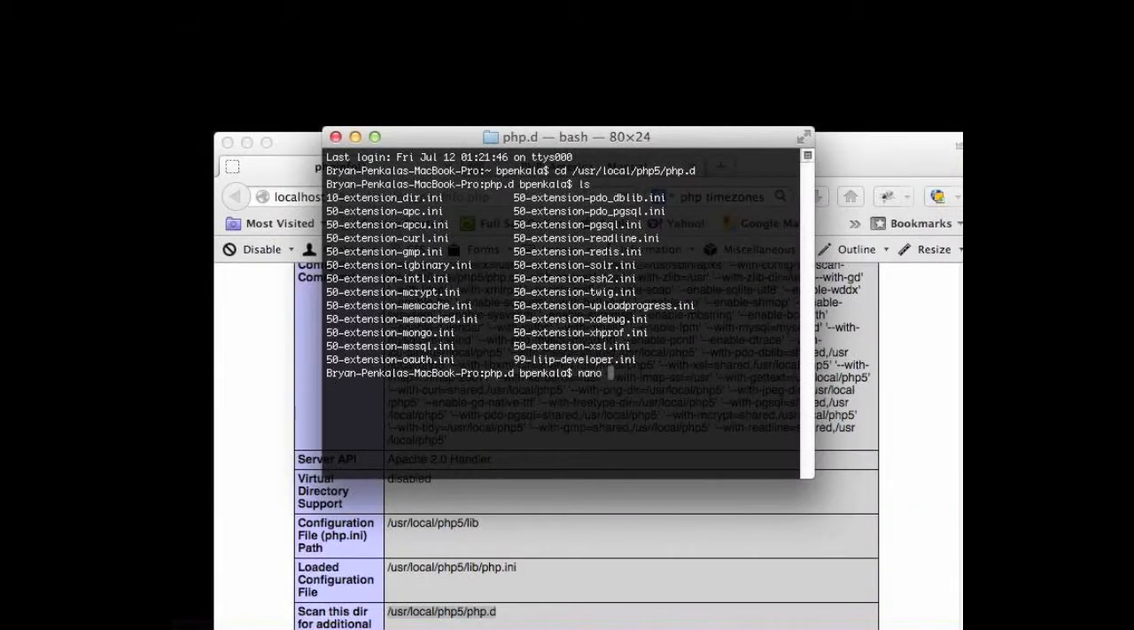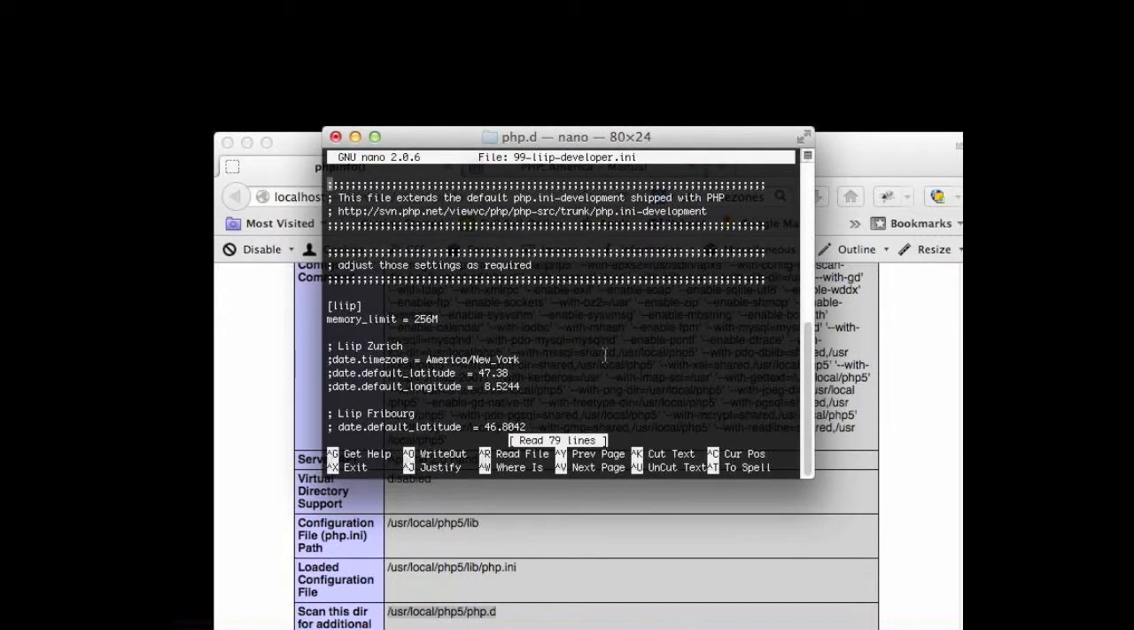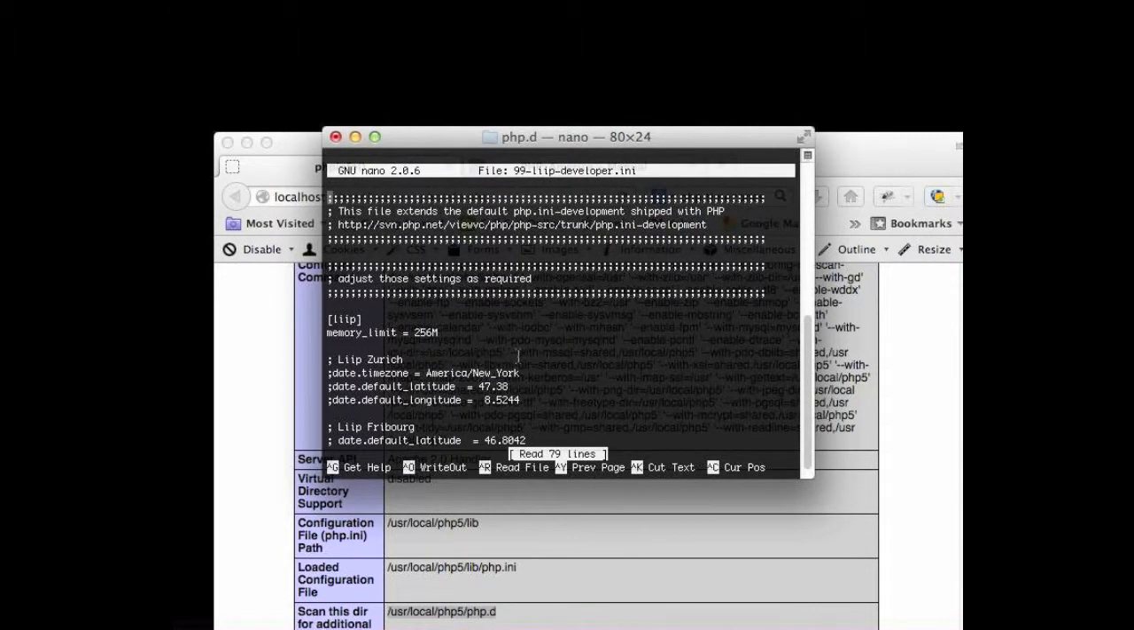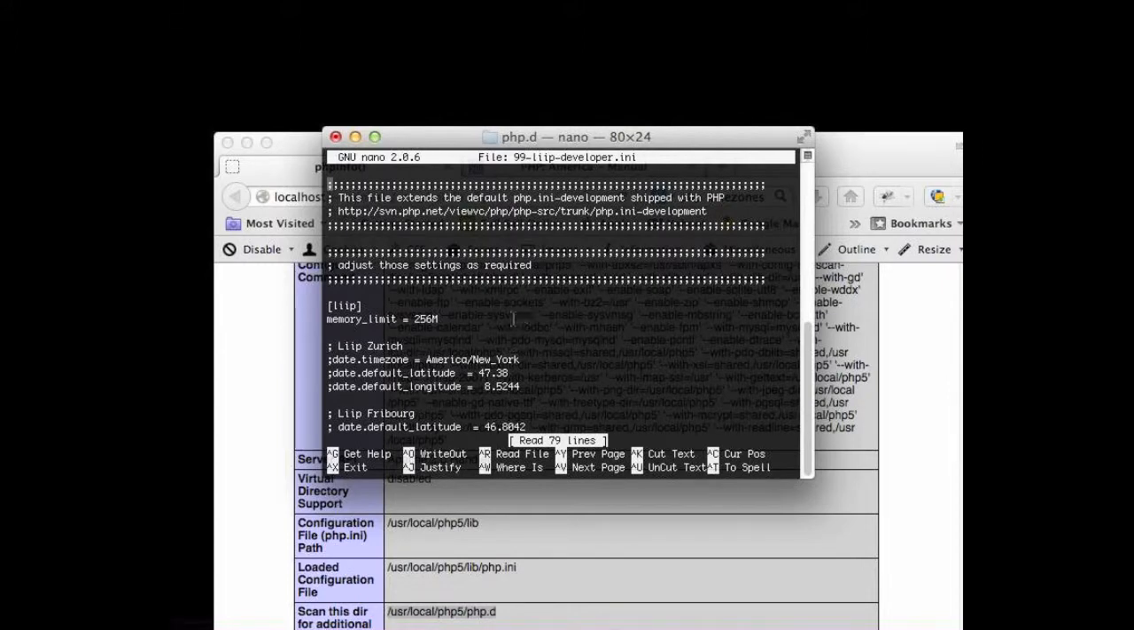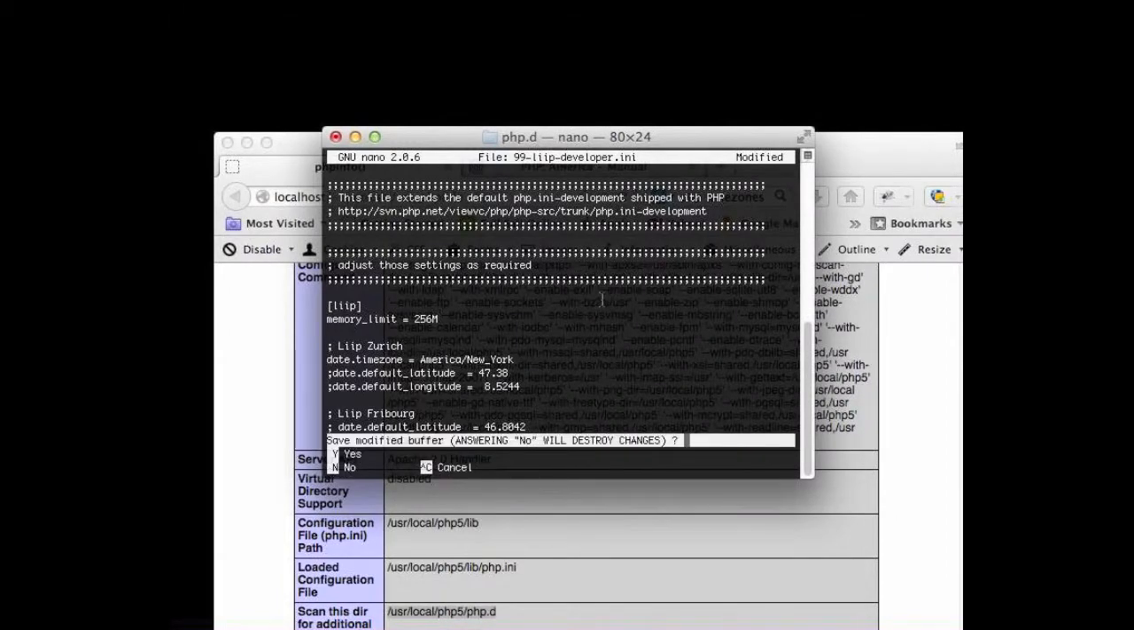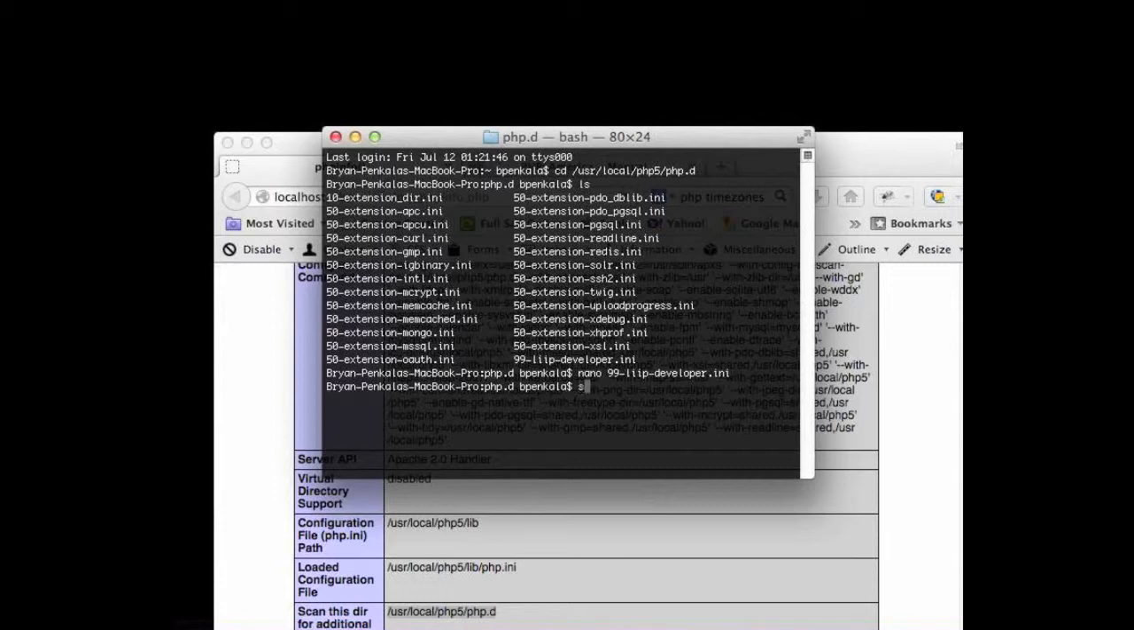So if I nano, copy and paste, you can see some different changes here. But what I've done is I've commented this line out. If I were to take this comment, the semicolon, out, just like this, and then save, yes, enter, and restart Apache,